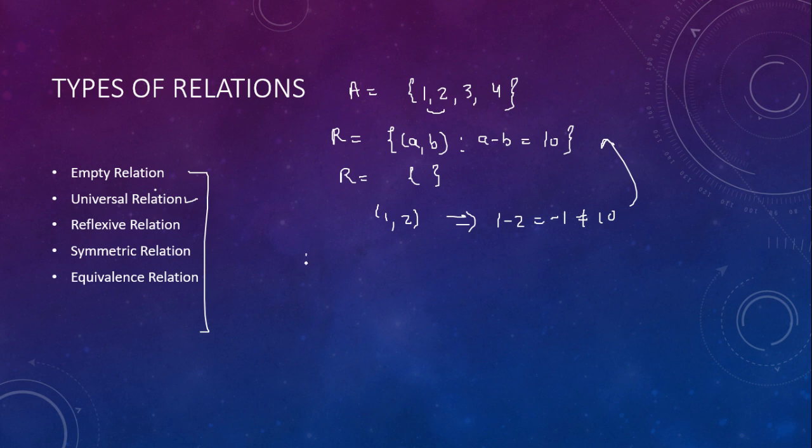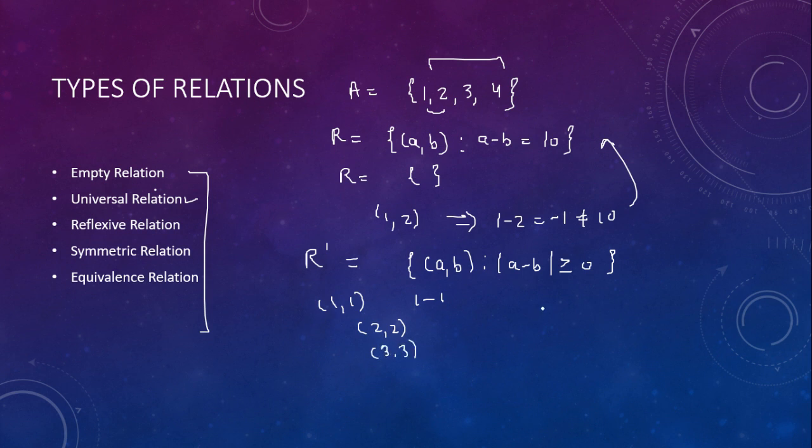For example, if I tell you that there is another relation R dash where the ordered pair has a relation when the modulus of the difference is greater than or equal to 0. Now tell me, can this be satisfied using a set? If you consider the ordered pair 1 1 or 2 2 or 3 3 or 1 2 or maybe 3 4,